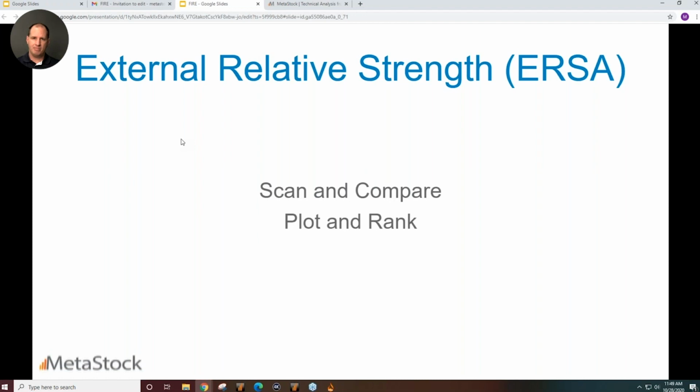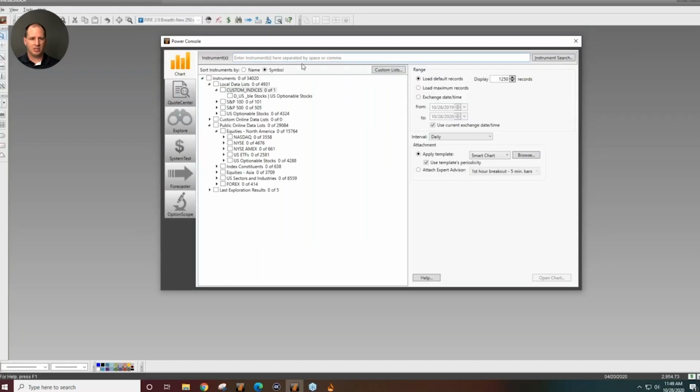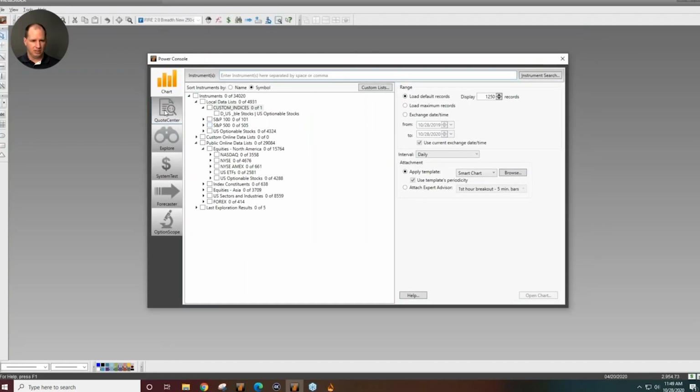One is scan and compare, which we're going to do first. And then the next is plot and rank. So we will do that second. So let's go ahead and look at the